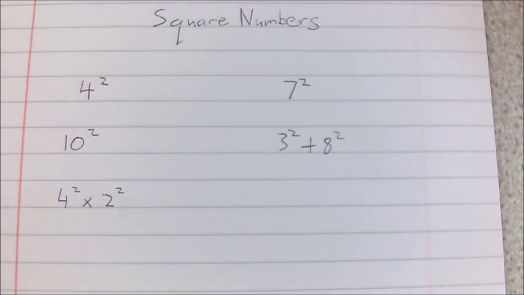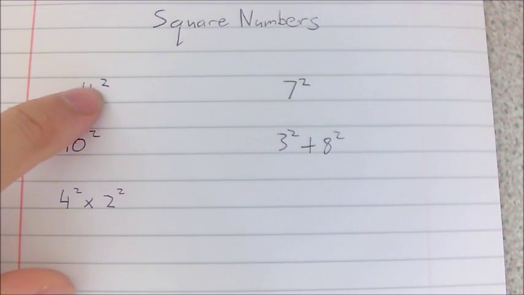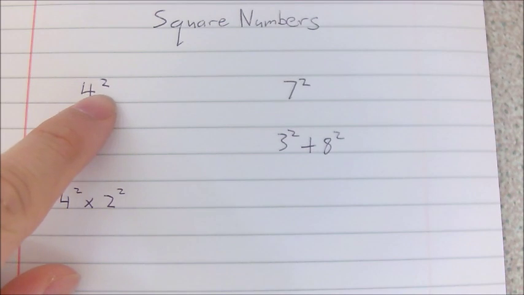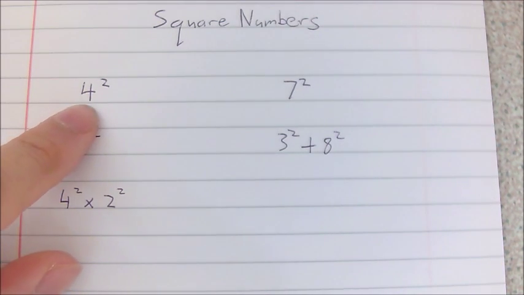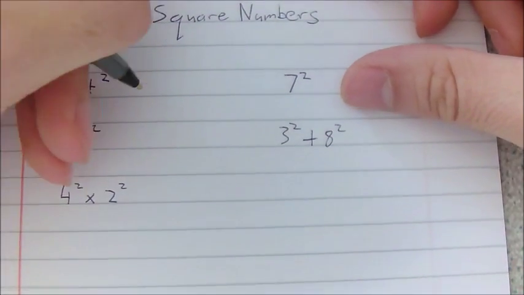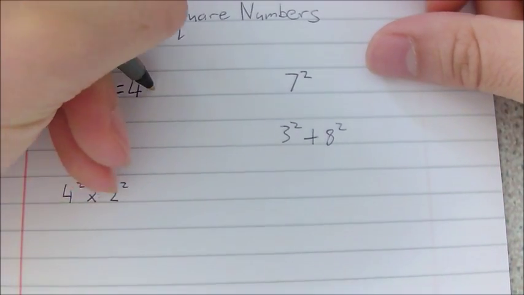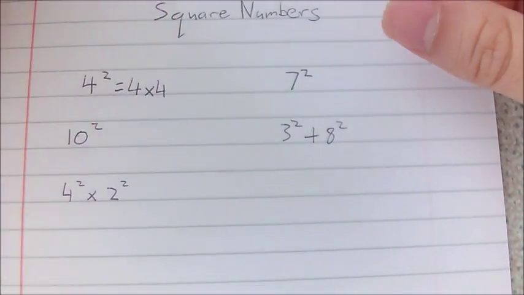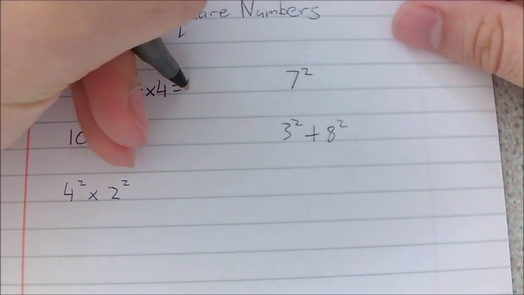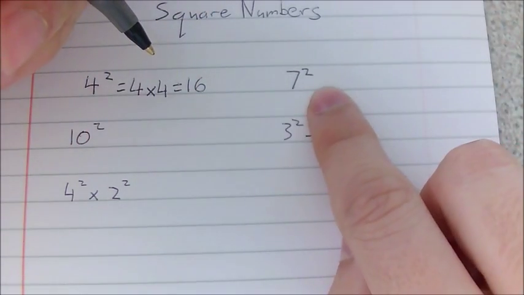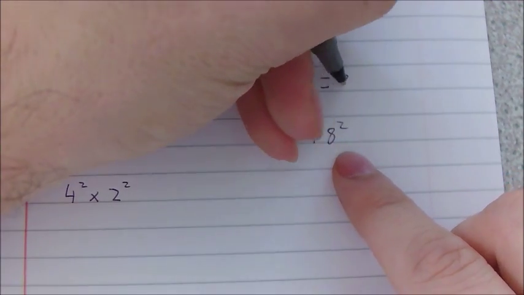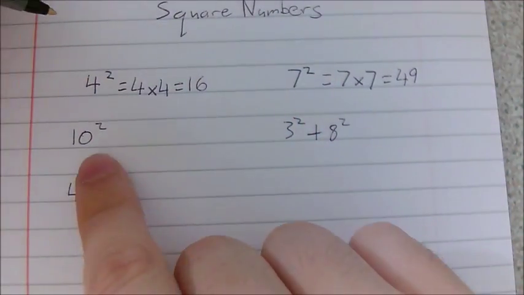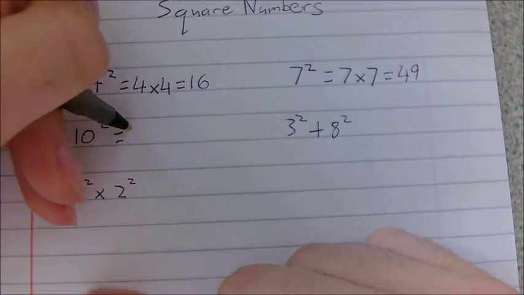So now we're going to look at square numbers, and basically a square number is a number that's multiplied by itself, and it's symbolized with a little 2 just above the number. So this is 4 squared, so 4 squared is the same as 4 times by itself, which is 4 times 4 is 16. So 7 squared is 7 times by itself, which is 49. And then 10 squared is 10 times by itself,